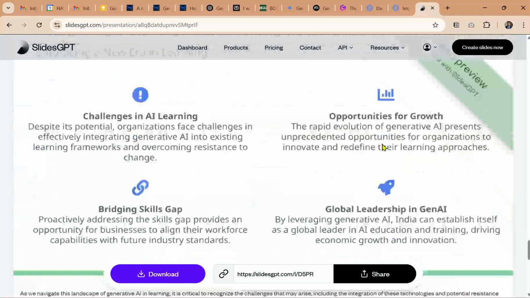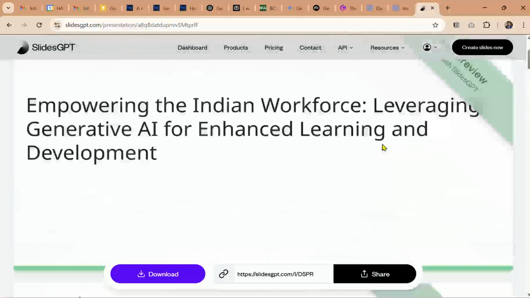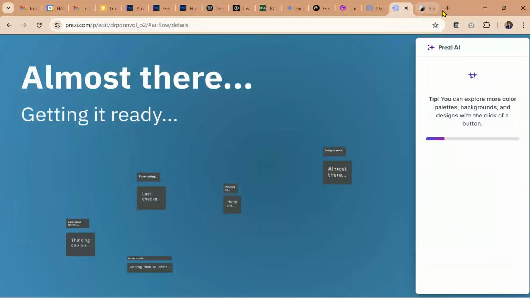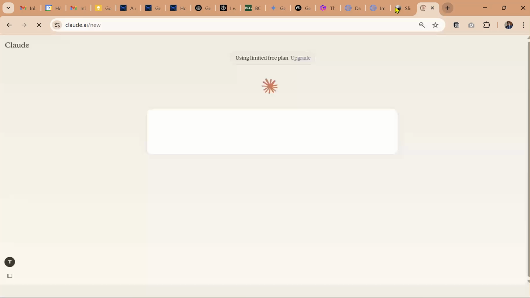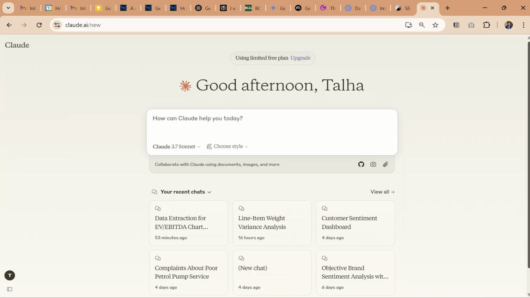But just sharing with you that there are different tools that you can go back and explore. I'm not sure if there's a tool that is absolutely free for you to create presentations, but I can quickly demonstrate Claude to you as well. This might take a few seconds, and on Claude what I can do is